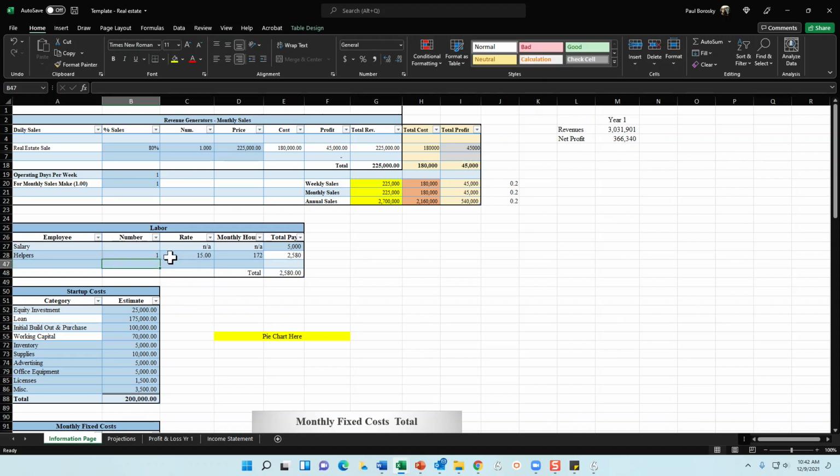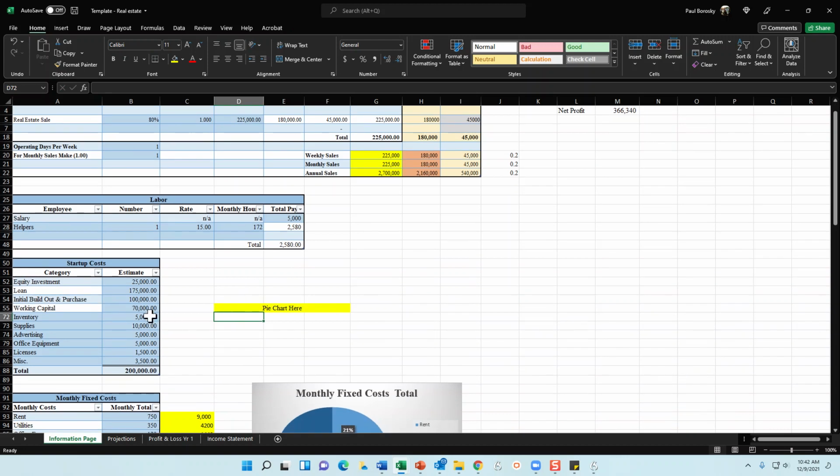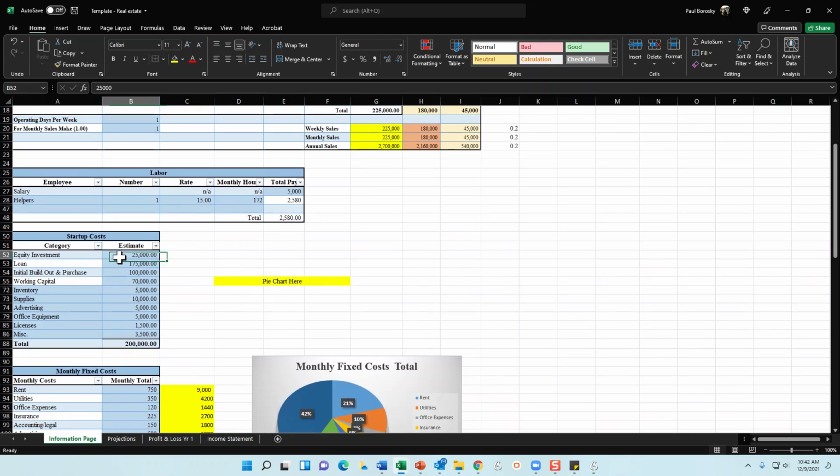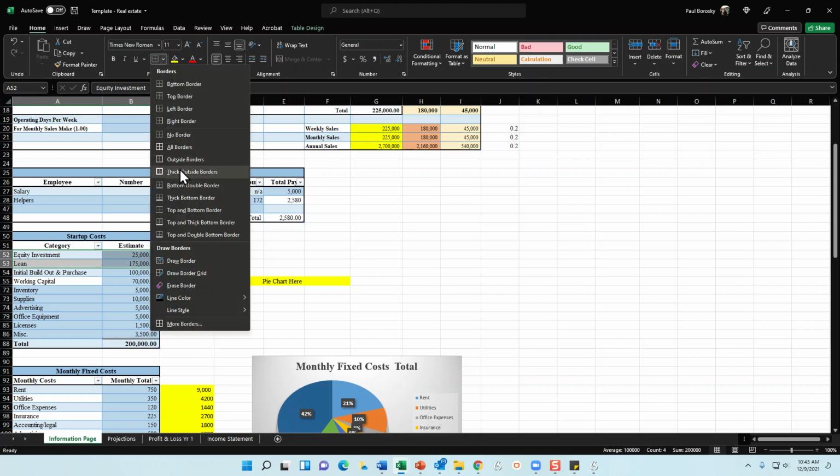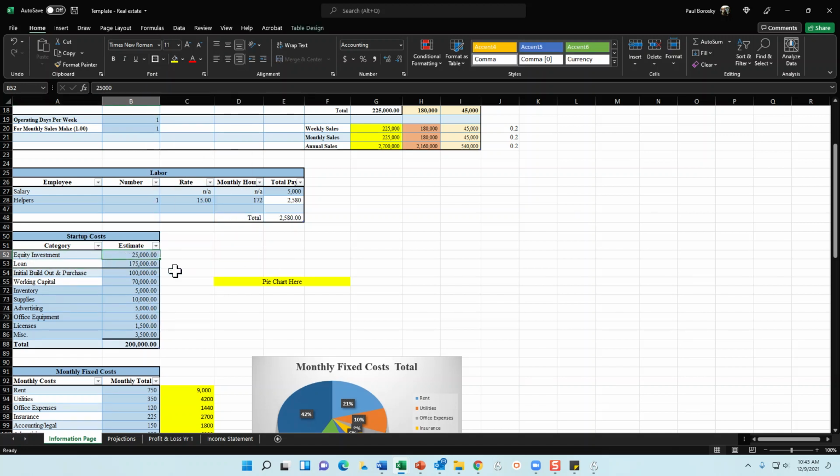I'm going to go ahead and move this back to 1. All right, the next thing we're going to have here is the equity investment. Or rather, this is going to be your startup cost. For the startup cost, the top two lines are going to be how you're going to be funding your project. So for this right here, equity investment, I'm saying you're going to be bringing to the table $25,000, and